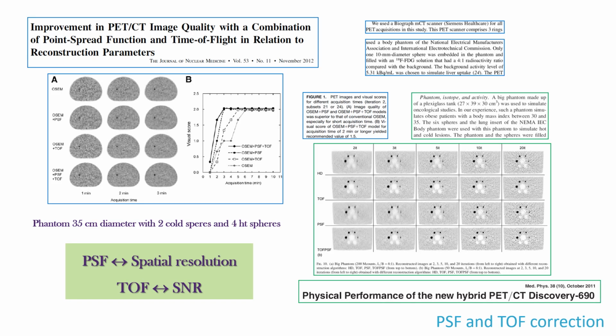The gain in signal-to-noise ratio is proportional to the square root of the ratio between the transaxial diameter of the object and the spatial precision of the annihilation location, which is proportional to the timing resolution. The same phantom, together with the NEMA image phantom described previously, is used in this paper, in which the combination of point spread function and time-of-flight corrections is investigated. They both stress the possibility to decrease acquisition time, keeping the image and the signal-to-noise ratio at a very good level.